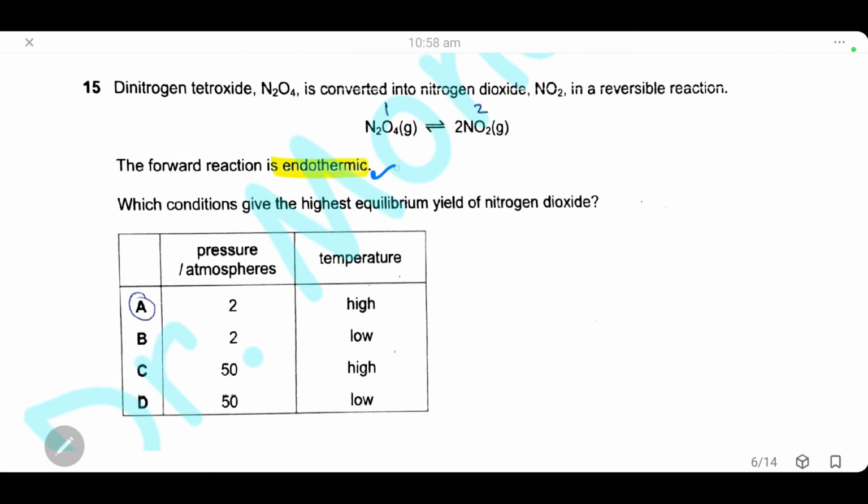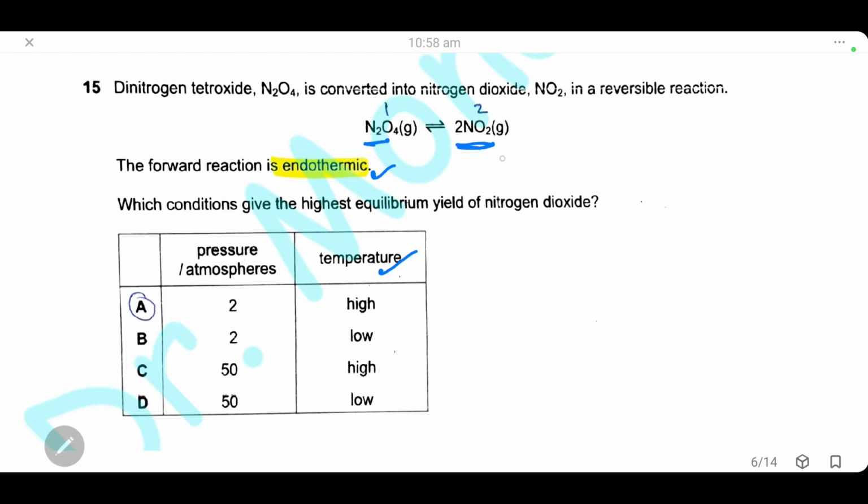The forward reaction is endothermic. Which condition gives the highest equilibrium yield of nitrogen dioxide? The forward reaction is endothermic, and the endothermic is favored by high temperature, so we should choose high temperature as the condition. As for the pressure, we have 2 moles on the right side and only 1 mole on the